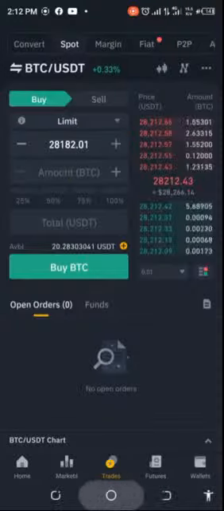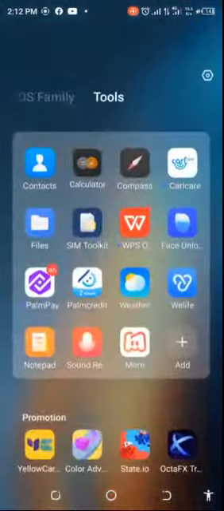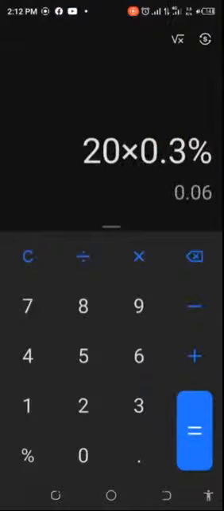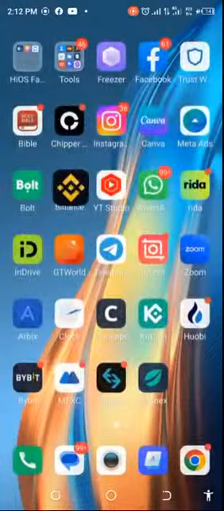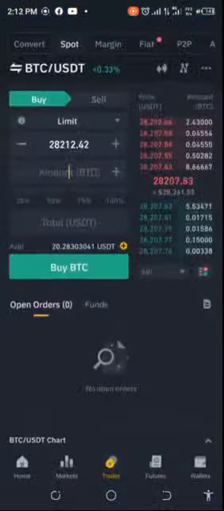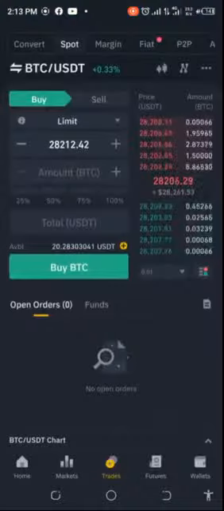So if we check what that is in terms of mathematics, what is 0.3% of $20? So that's times 0.3%. Okay, that's 6 cents. That's actually understandable. So always prepare for that whenever you're doing your trade. So anyways, I hope you learned something. This was a successful triangular arbitrage. You can try this out also. Make sure that you have profit before you go ahead. Always simulate first, and then check it out and make sure that you have profit